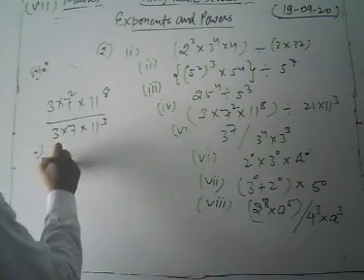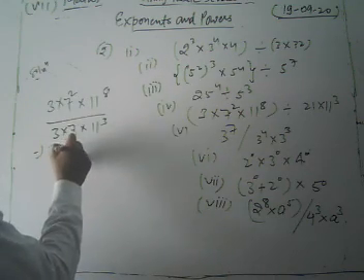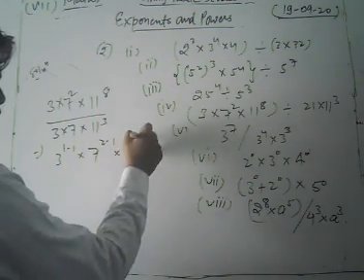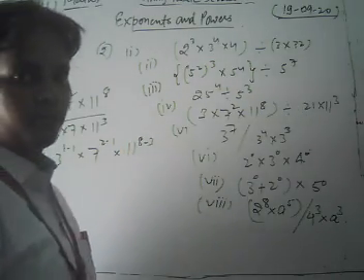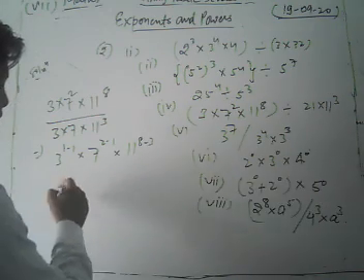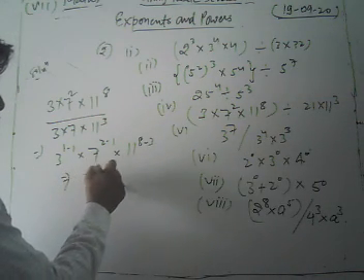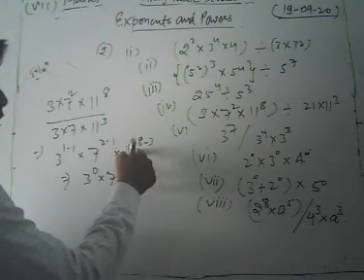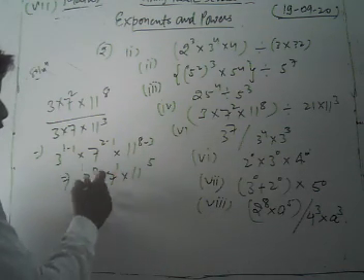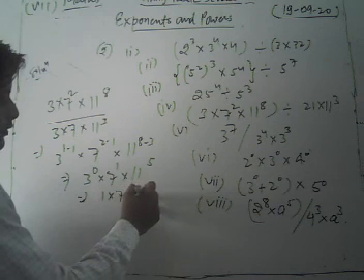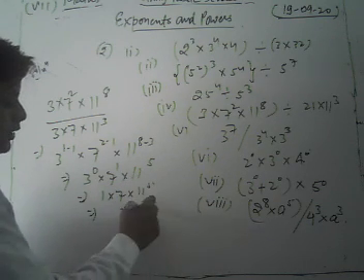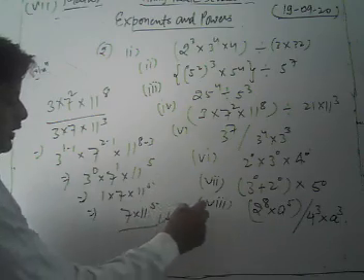So now here we get 3 power 1, 3 power 1. So 1 minus 1, 7 power 2 minus 1 and 11 to the power 8 minus 3, because here we apply the laws of exponents. So we can write in this way. Now simplify them. We get 3 to the power 0 into 7 to the power 1 into 11 to the power 8 minus 3, that is 5. 3 to the power 0 is 1, this is 7 into 11 to the power 5. So we get 7 into 11 to the power 5. This is our required answer.